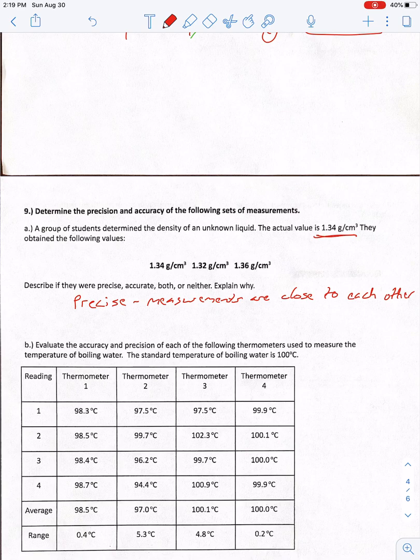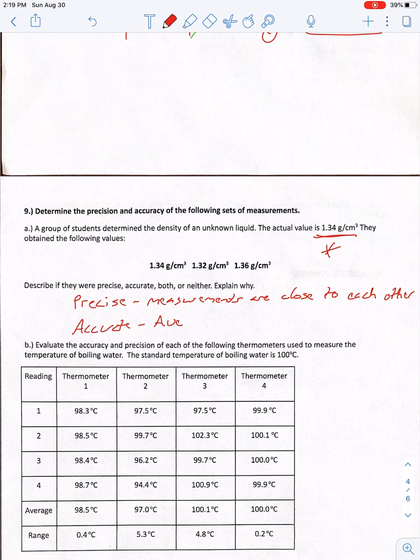Now, accuracy is if the average of these values is close to the accepted value, then it is accurate. So I could do 1.34 plus 1.32 plus 1.36, divide that by 3, and I get 1.34, which is the accepted value. So that means it is accurate